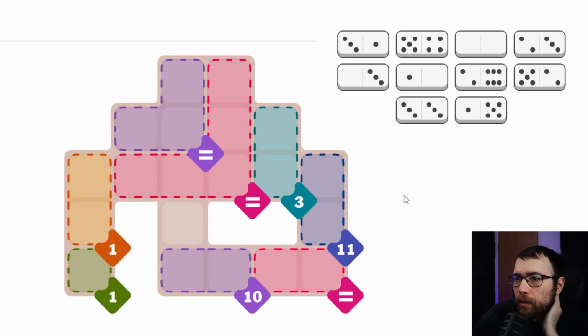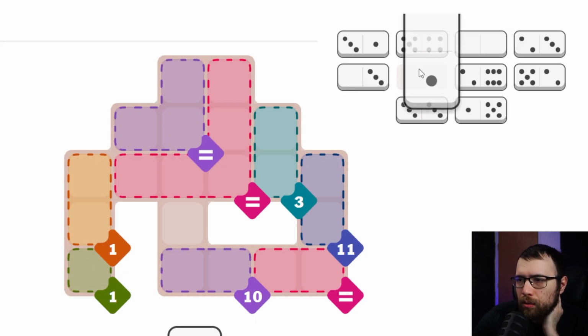Now, let's see. What can we do with this? We have 1... Okay, so this has to be a 1-1 or a 1-0 over here. This is the medium one? Yeah, this is the medium one. It can't be too hard then. 1-1 or 1-0. Well, we don't have a 1-1, so this one has to be a 1-0, which means that